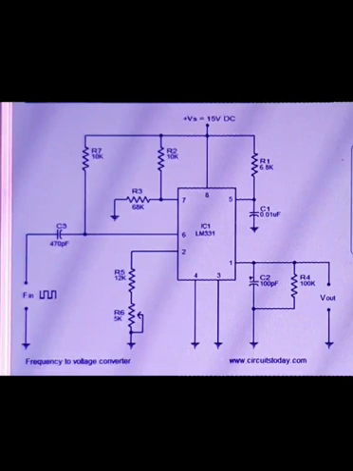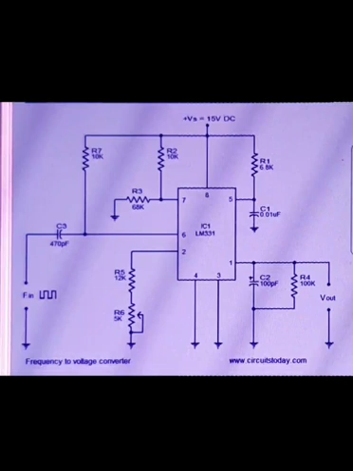The timer circuit gets triggered by the built-in comparator circuit in the IC when the negative edge of the pulse train appears at pin number 6. The current flowing through pin 6 is proportional to the values of the capacitor C1, the resistor R1 and the input frequency. Therefore, we get the output voltage across the resistor R4, which is proportional to the frequency of the input.